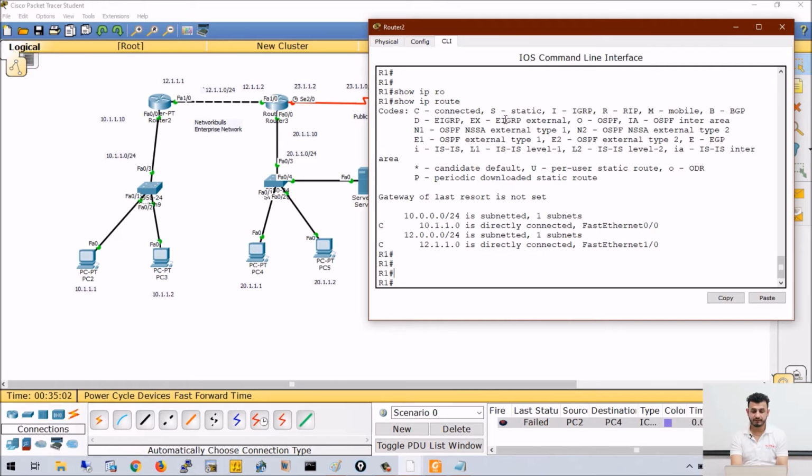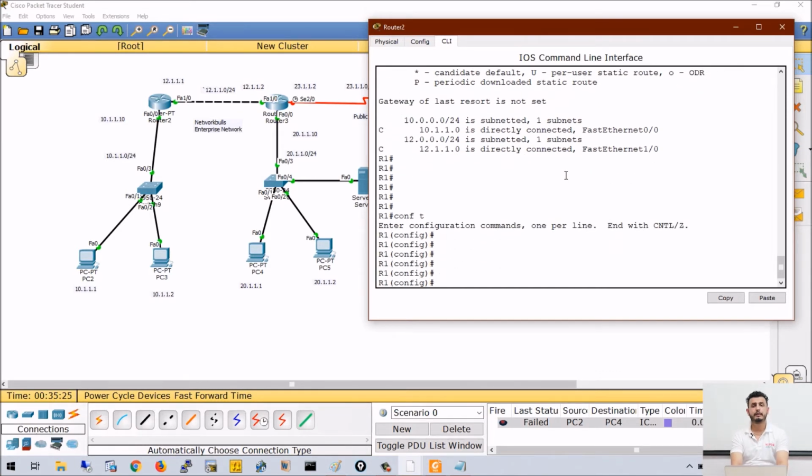But if with some routes you see S, S means this information is statically entered into the router. If we are learning routes from different protocols like EIGRP, OSPF, I will be able to see D, O, I, all these things. That we will also see in future videos.